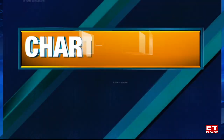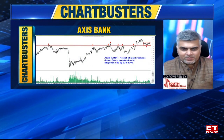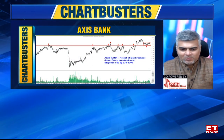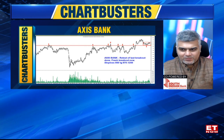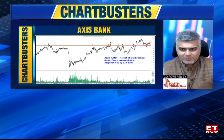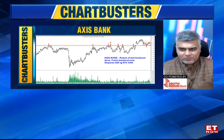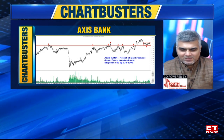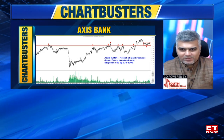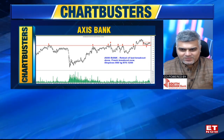That's a longer term chart if you are looking at it right from 2019, where it topped out around 800, 820. The whole of 2021 to 2022, that was a resistance. We finally broke out of that at the end of 2020, went up to 970. Now in the current correction in 2023, it retested those 820 levels, and for the last 3-4 months we are consolidating on the stock. 900 to 890 is a near-term resistance, which I expect to cross, and then a new